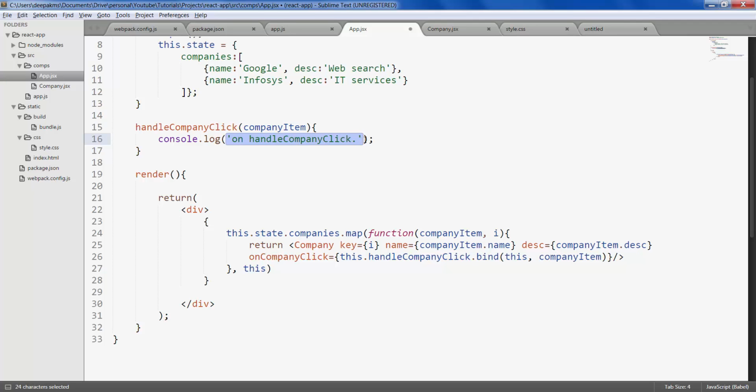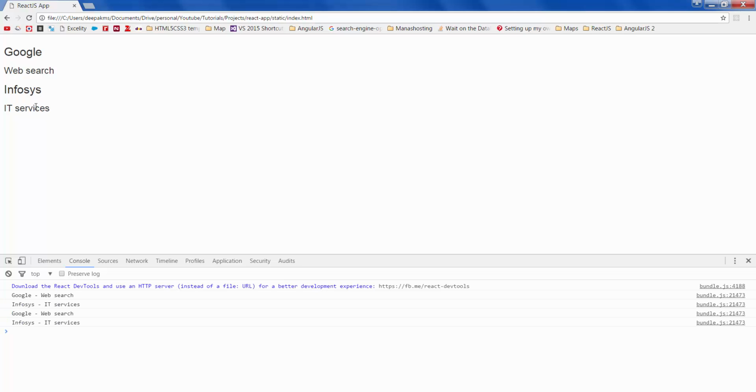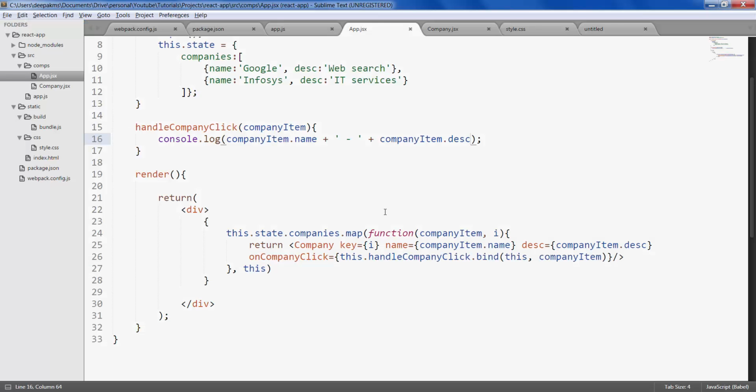And if you want to display the company name and description, you can do that. Save it, refresh, click Google, Infosys. Google, Infosys. Okay,